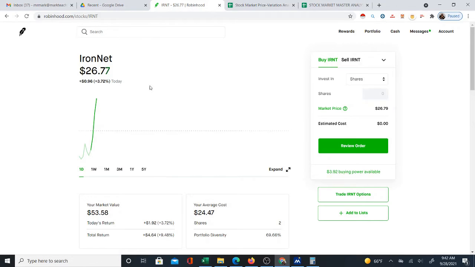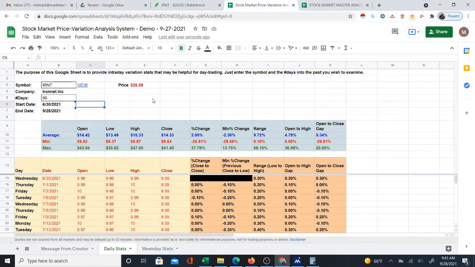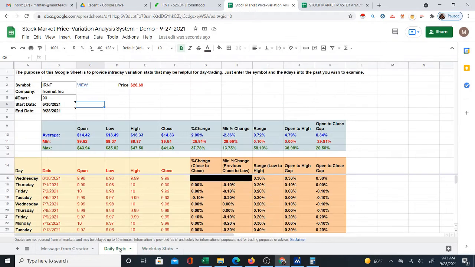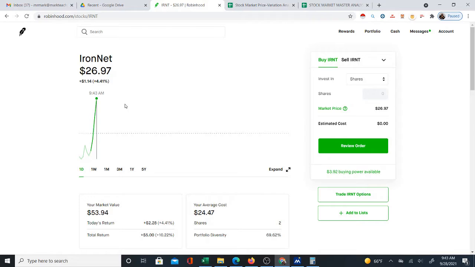So today I'm looking at the results of a trade that I set up yesterday. I chose the stock using a Google Sheet system that I created that actually analyzes the stock price data and helps to find certain patterns by day of the week. I bought this yesterday morning, and I automated it by